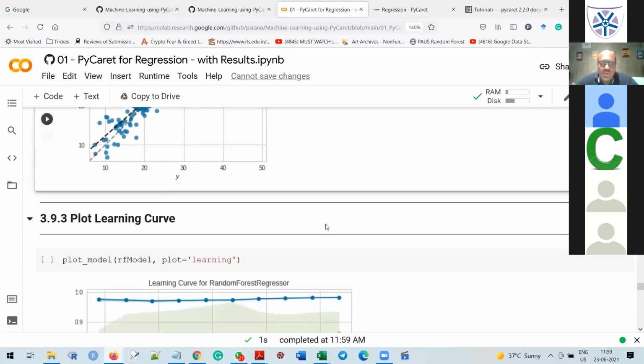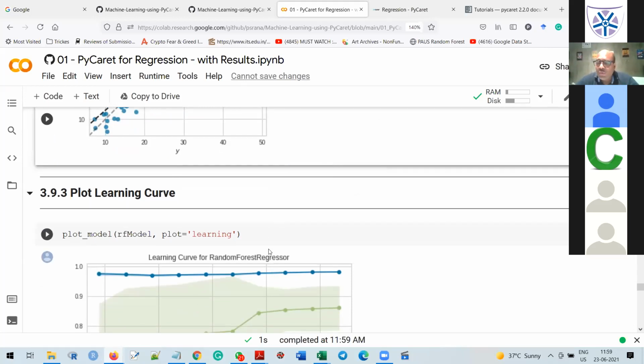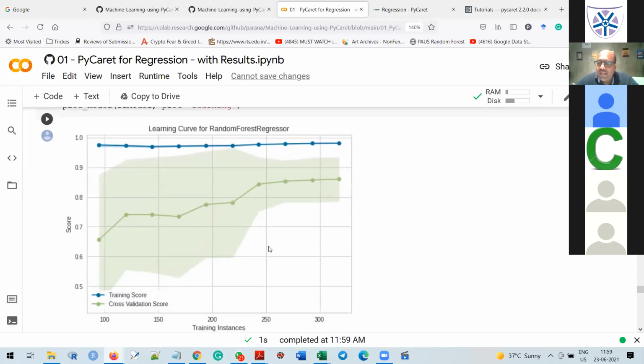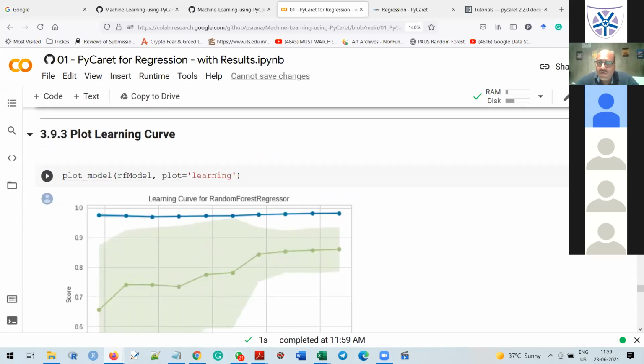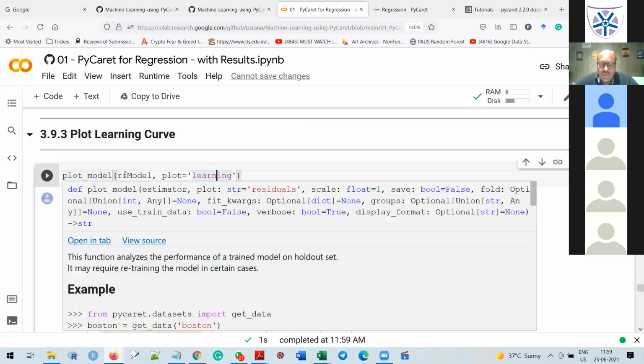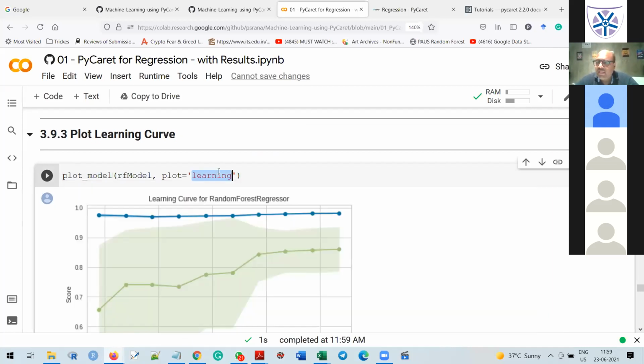Next, come to step number 3.9.3, learning curve. Let's suppose you want to plot how exactly my learning is happening in the model as the training instances increase. Okay, so class, what I did here, plot equal to learning, plot_model, this is a function call, this is my trained model, and this is my parameter.